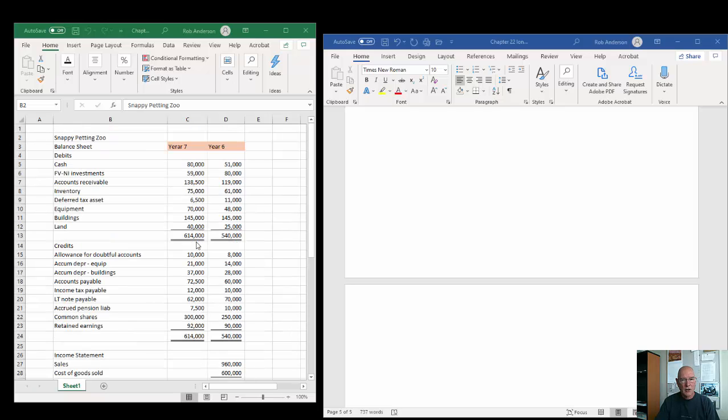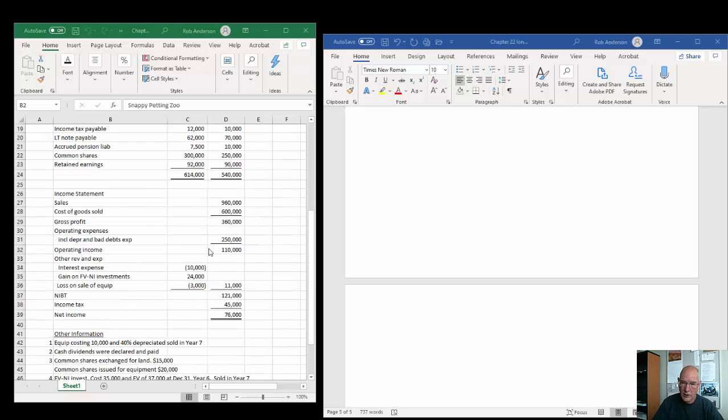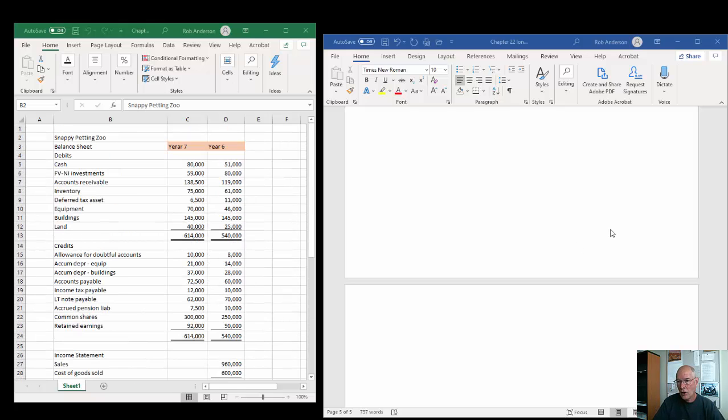Okay, so altogether, you should be able to prepare a statement of cash flows based on this information using either the indirect or direct method. And of course, you could look at this and go, wow, I'm never going to be able to do this. This is complicated, but you can. So I've got on the Word document here the solution all at once. So we're going to look at the solution. Some of it is really simple and things you've looked at before. For example, if we look at,